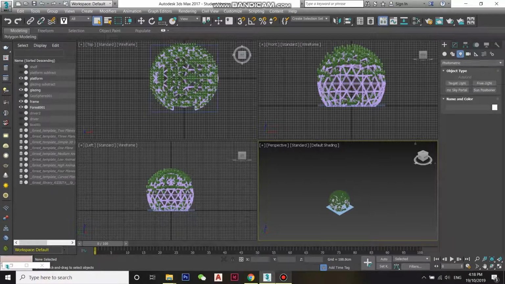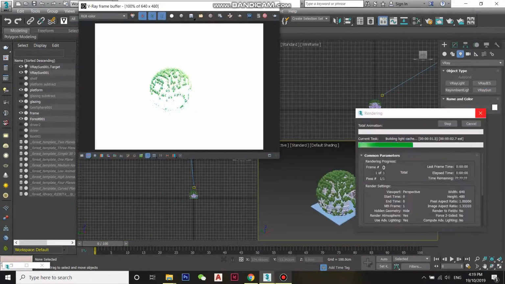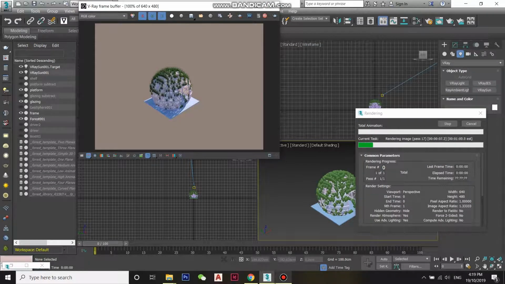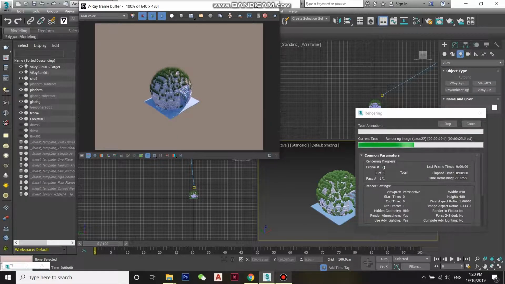Now let's add a V-Ray sun and render it. And there we have our pod designed. As we have created this in a separate file, we can import this into our OSM model as a scene and adjust its size and amount accordingly to our